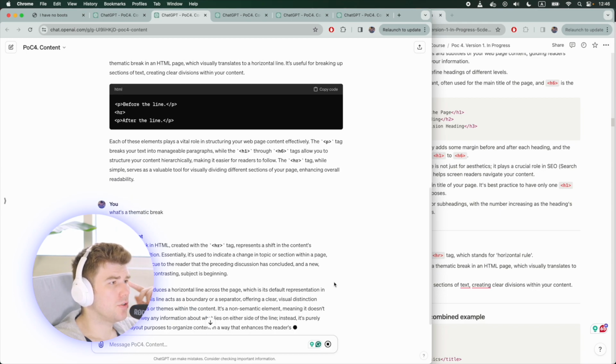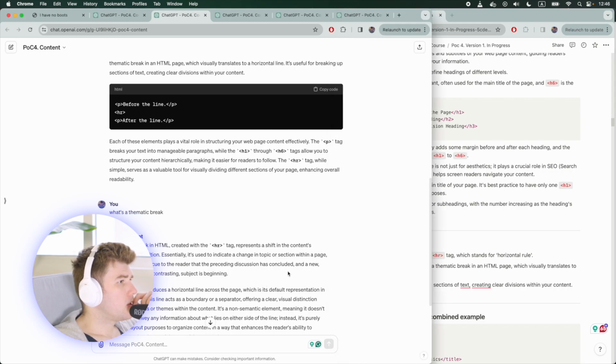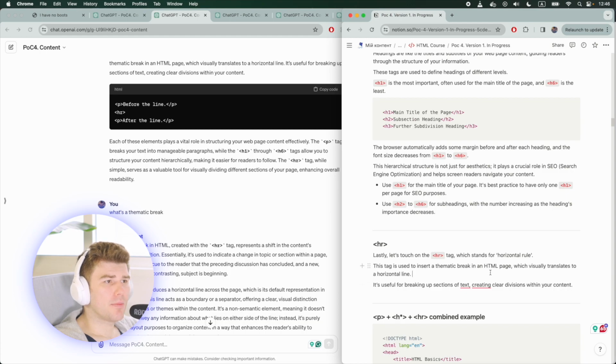Essentially, it's used to indicate a change in topic or a section within a page, serving as a visual cue to the reader that a discussion concluded, and a new, possibly related or contrasting subject is beginning. Okay, maybe this